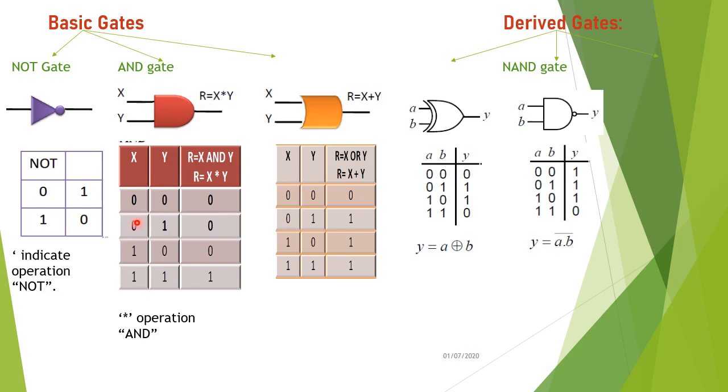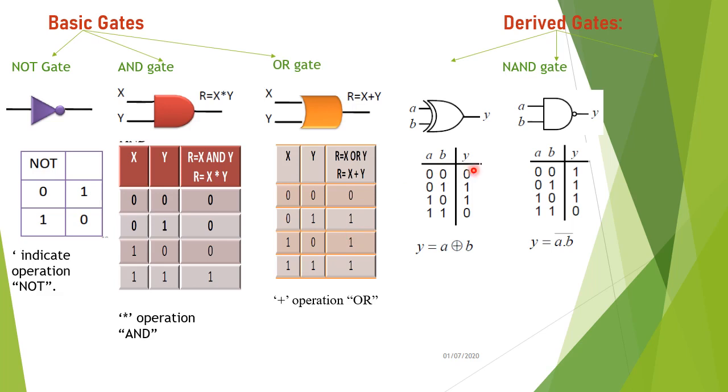So in AND gate operations, the result or output of ANDing will be 0 in any case when both the inputs of that AND gate are 0, or one of the inputs is 0. But when both the inputs of the AND gate are 1, the output will be 1. Now we will go to the next